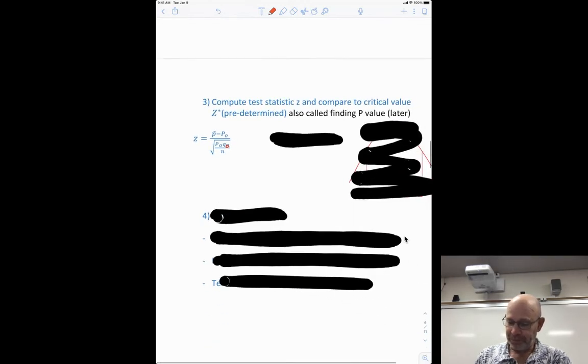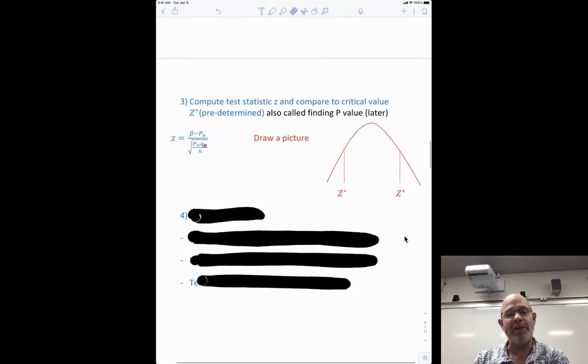So remember, we did this yesterday. This is how you find the test statistic. Whoops, there should be a Q naught here. P hat minus P naught over the square root of P naught Q naught over N. So we find that test statistic. You should always draw a picture, and on that picture, you put your Z stars, the 1.96s or whatever they happen to be,